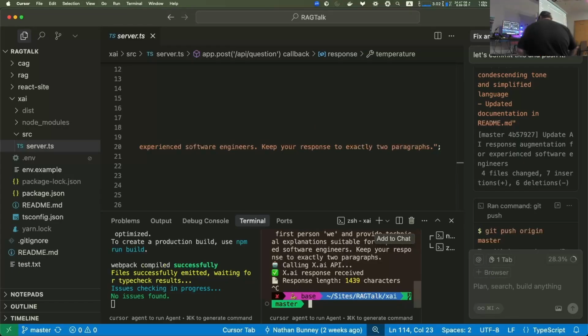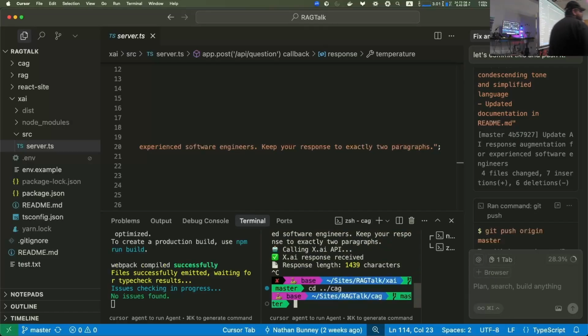Right? So this first one, we're basically taking all this website data and dumping it into the context window of the LLM, right? And then, here's the downside of CAG. It works. It's great. Depends on how big your website is. And think about this. You're paying per token of input and per token of output, right? So if you give it, we'll get there. Let's just show you guys.